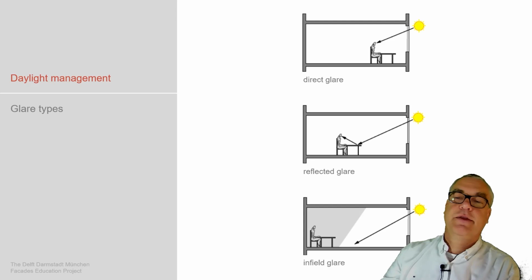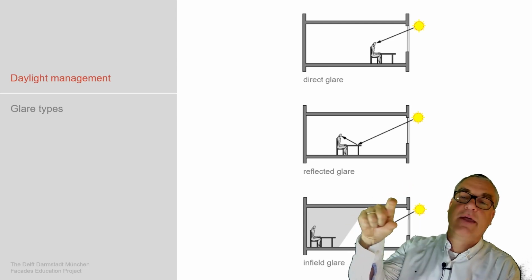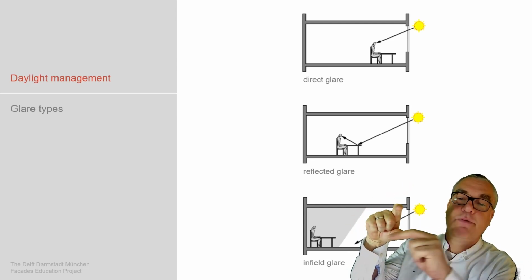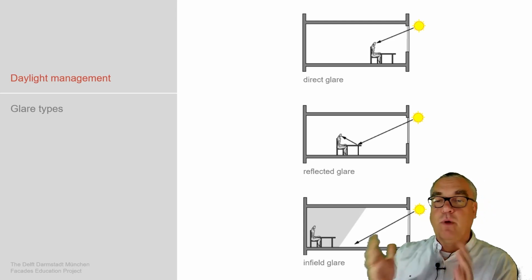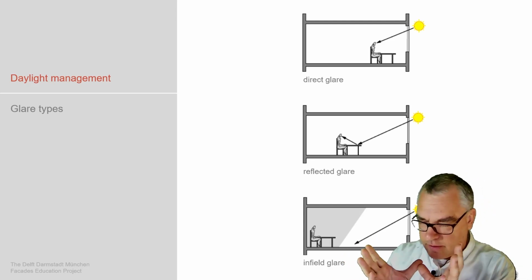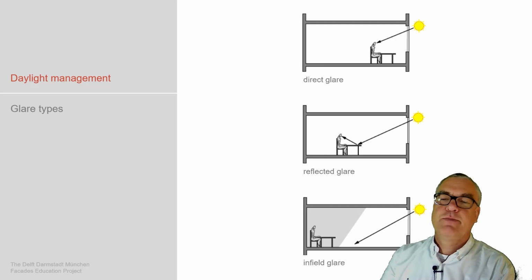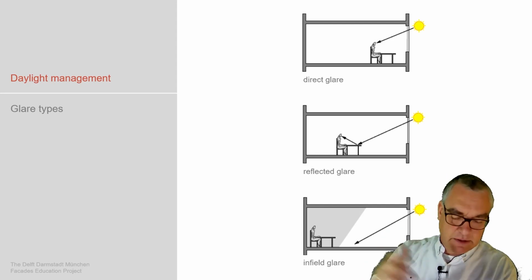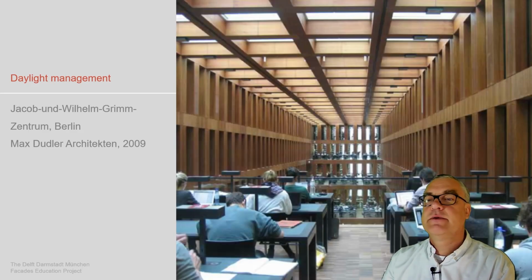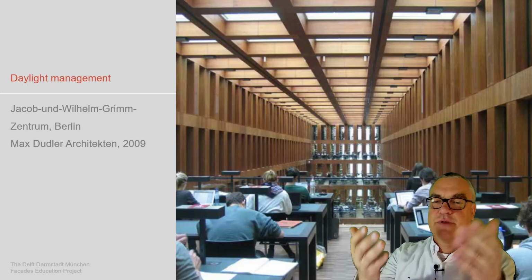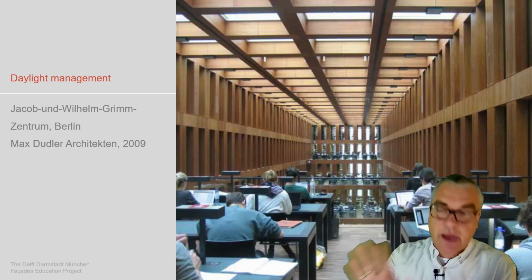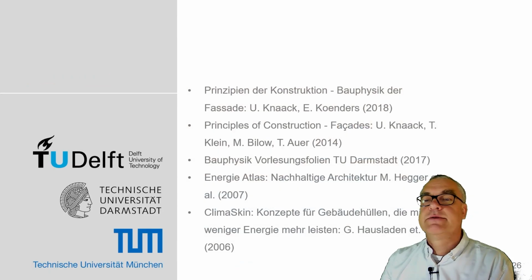And you also understand that the higher the window sits in this system, the deeper the light gets into our room, which at one point we want, to get more light in, and in other aspects we don't want, because it delivers glare as a risk. This is, say, north-oriented light. We see a lot of light coming in, but it's not giving direct glare as a system.